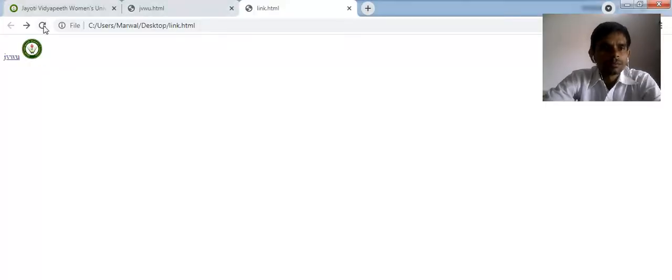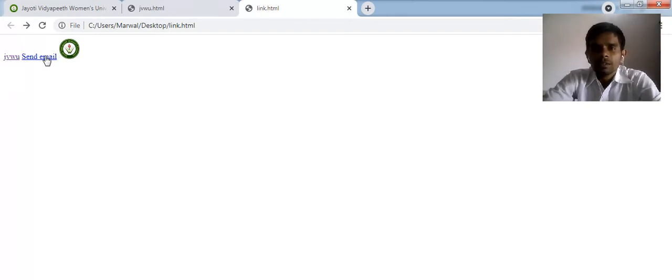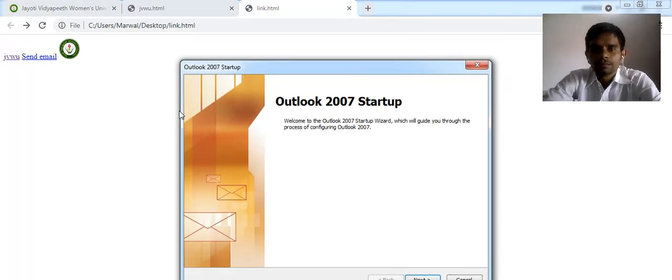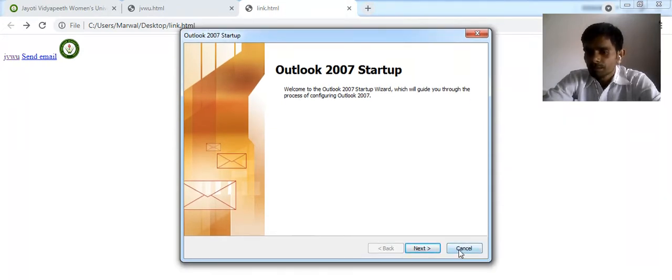Save your document and refresh it. Send email, this is the text. If I click, this is Outlook 2007 startup. Everybody knows it is used for sending emails.